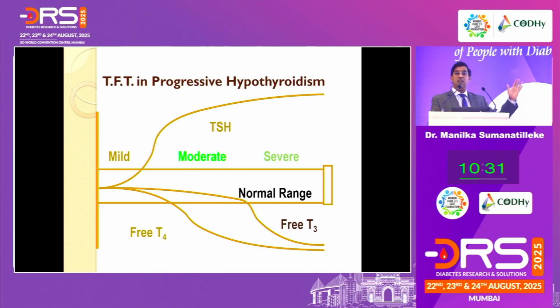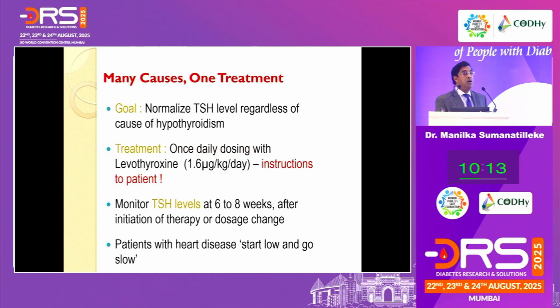Scale of things: TSH rises early in the course of the disease, then the free T4 falls, and then ultimately the T3 will fall. So I don't recommend testing T3 to diagnose hypothyroidism at all. All you need is a TSH to start with. If you are treating, get a free T4. So how do you treat?